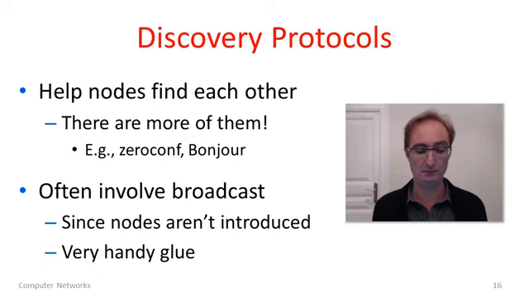We're done with ARP. I'll just make a few comments. Both ARP and DHCP contain elements of discovery protocols. So these are protocols that help nodes find one another. They're very useful actually, and there are more of them. Some of you might have heard of ZeroConf, or if not, Bonjour. The Bonjour protocol is Apple's implementation essentially of ZeroConf. These protocols help nodes find one another for many reasons. Often it's to do with configuration, and so typically in these protocols they use the broadcast trick that we just saw, where a message on a link